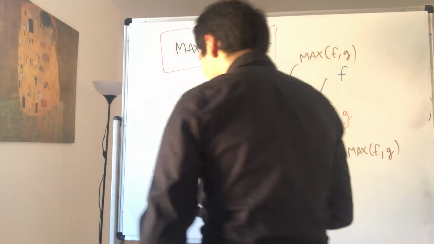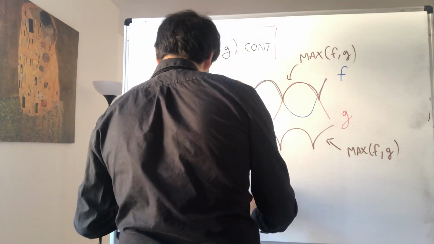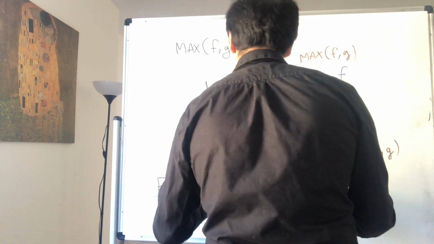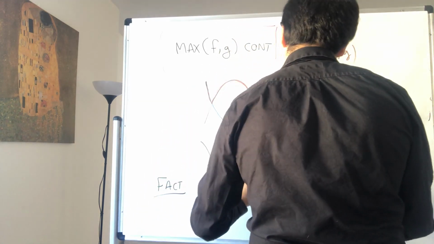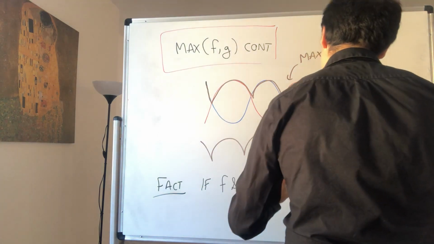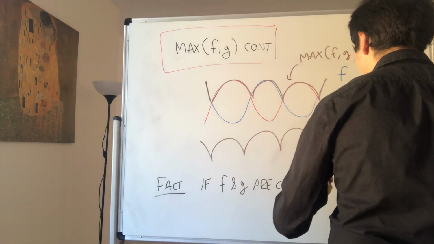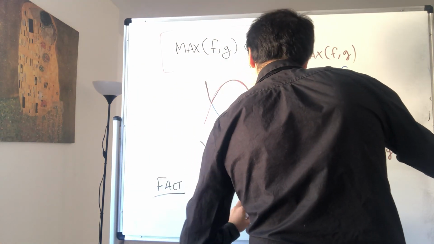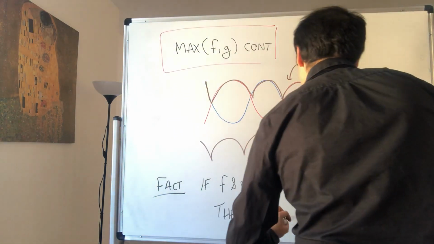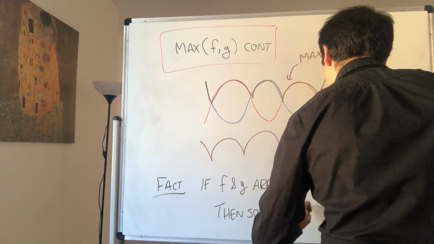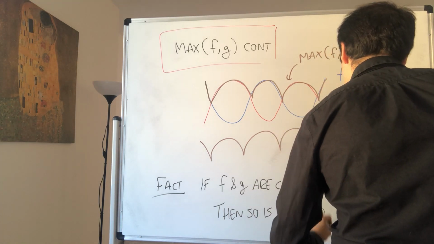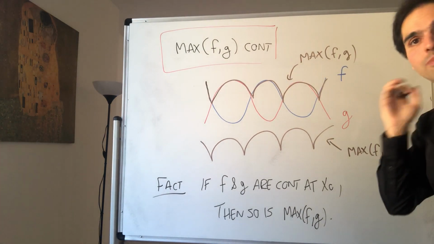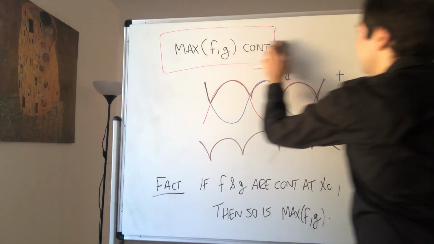And what I want to show, so fact: if f and g are continuous at x naught, then so is the maximum of f and g. And to prove it looks very complicated, but it's not too bad at all, because